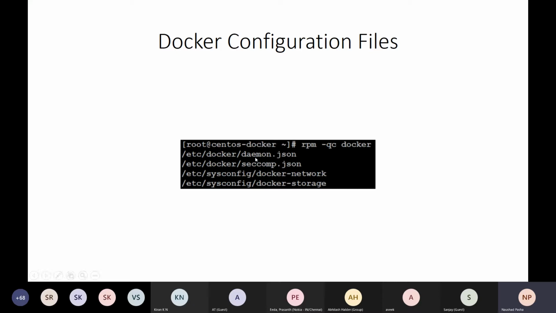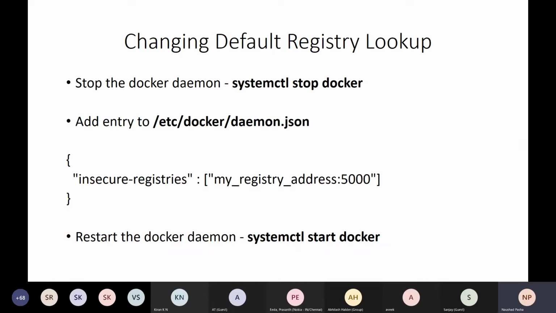The important configuration file, which we created manually, is daemon.json, which will allow you to change the behavior of Docker. You may come up with the question, hey Naushad, we want to change the default behavior, such as we don't want Docker to pull the images from Docker Hub, but we want Docker to pull the images from our internal registry.